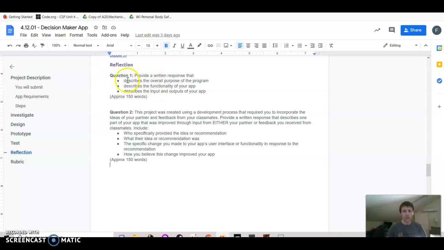For the first question, you have to describe the overall purpose of the program, describe the functionality, and describe the inputs and outputs. Keep in mind that functionality and purpose are different things. The purpose of your program is what you're trying to accomplish. The functionality is how you go about it. Now, for this how piece, do not write out a play-by-play of how you coded your code. No one wants to read that. Give us a general overview. Say something along the lines of,